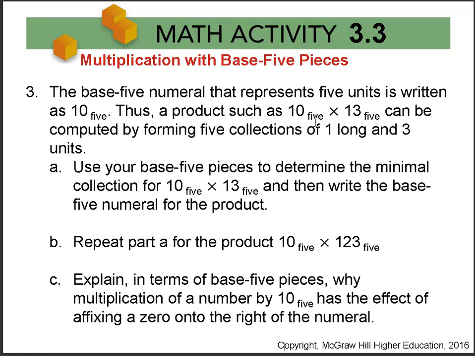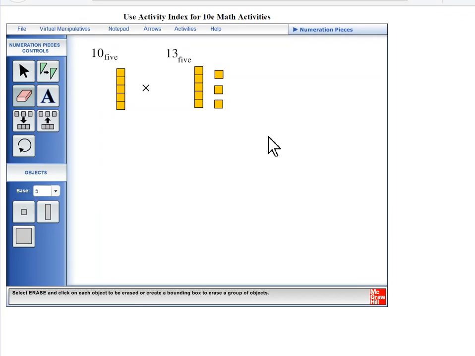When we think about 1, 0 base 5, that's a long, so that's 5 units. So when we go to multiply 1, 0 base 5 times 1, 3 base 5, it's important to first think about breaking up that long into 5 pieces. Then it's a little easier to think about. We need 5 copies here. So I need 5 copies